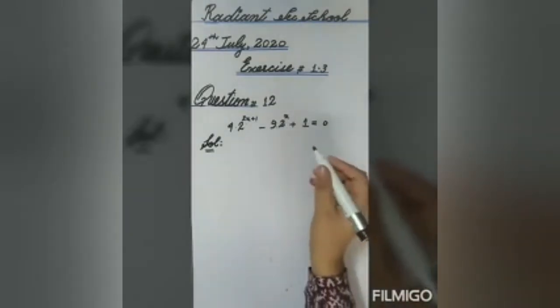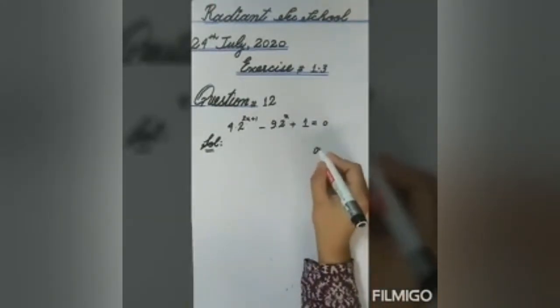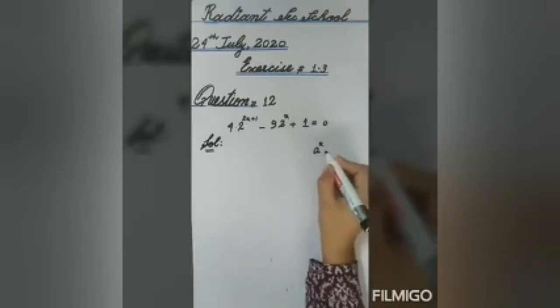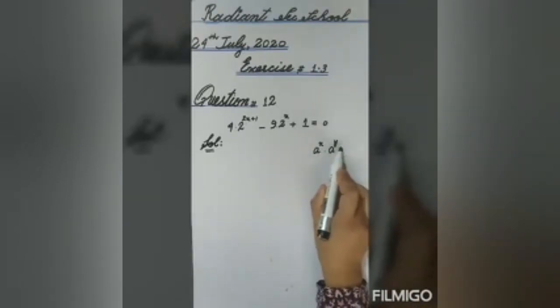Now we will check how we can solve the exponential equation. Students, all of you know about the laws of exponents. What was the law of exponent? The first law of exponent was, if we have the same bases and the powers are different, it is a compulsion that the bases should be the same. Then we add the powers. If bases are the same, and the operation between them is multiplication, then we can add their powers.